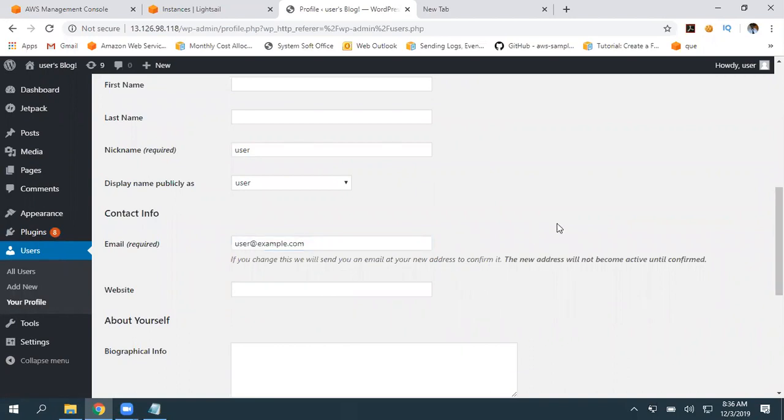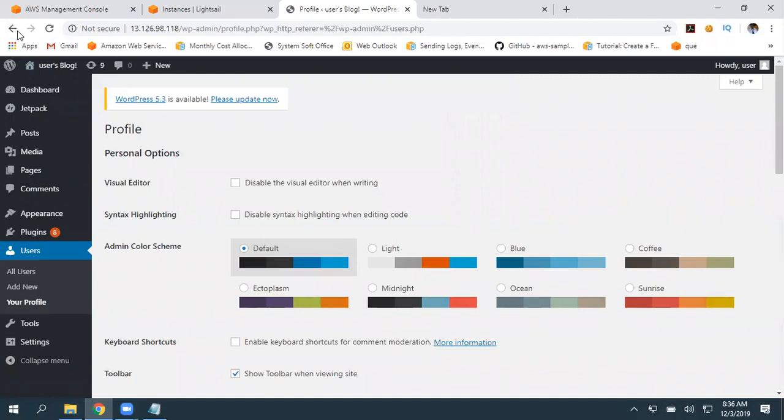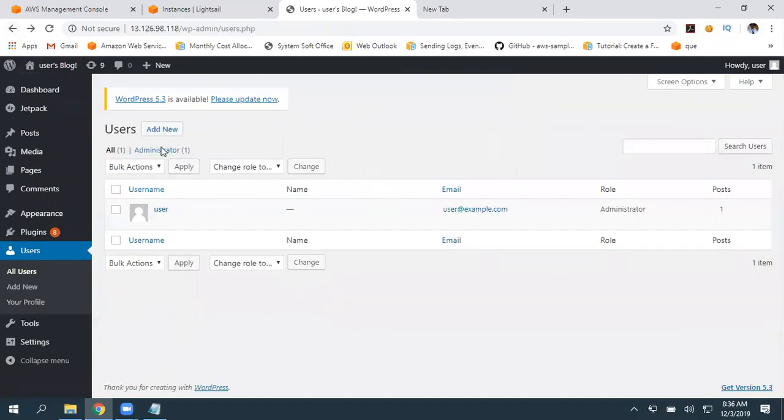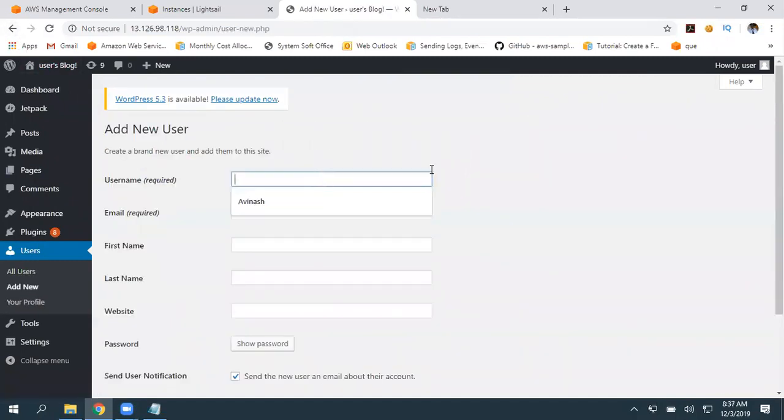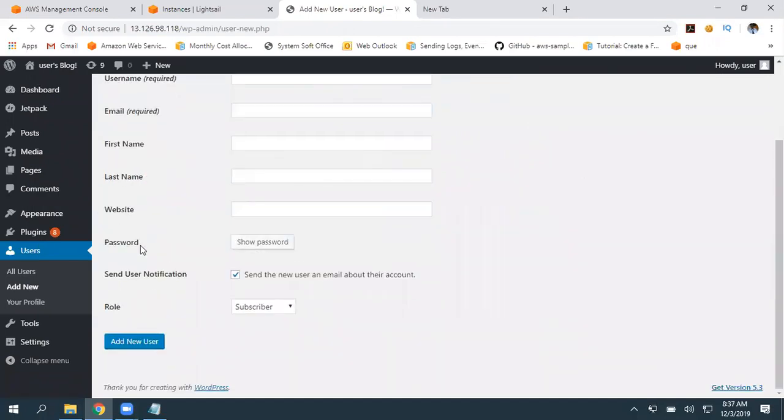So in future, by using your email ID only, you can log into this WordPress admin console, and if you want to create any other users, go here, add new. What is the username you want to give? What is the email? Immediately he will get an email. And what is the role you want to give? Editor, he can write and he can post something. He can author. He can write some articles. He can contribute. He can be just a subscriber or administrator to this WordPress website.